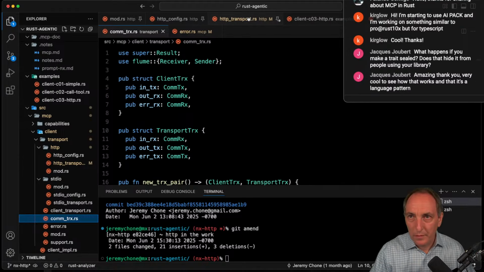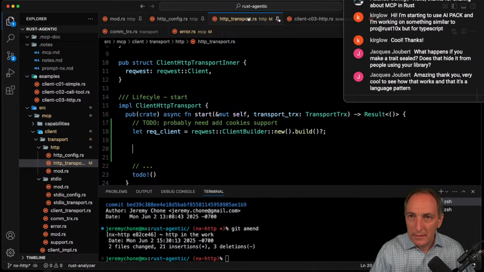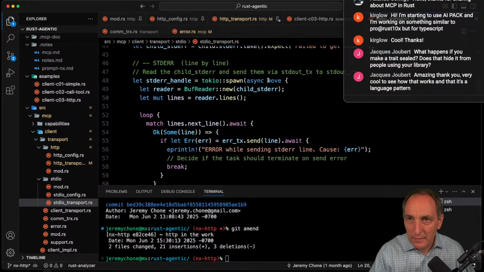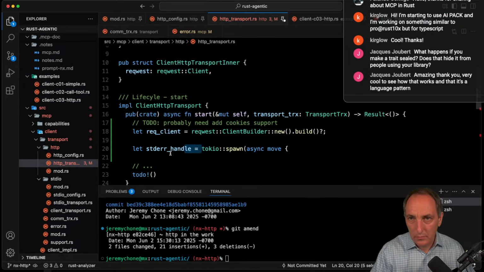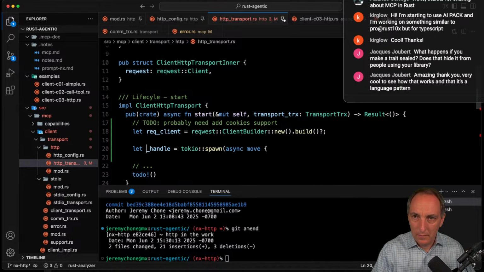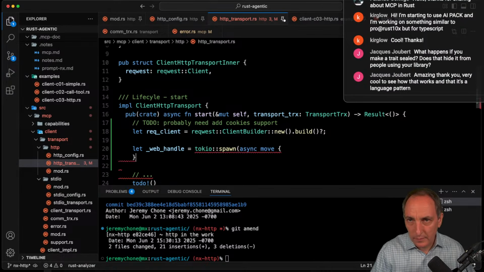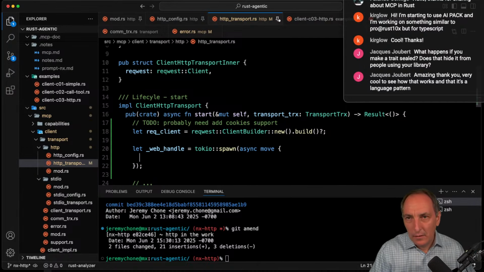HTTP protocol. So what we're going to do now is say, okay, we're going to have this, and I'm going to follow the same pattern as this guy. And so we're going to do this. I don't need to keep, right now we don't, I mean, we're going to do the web handle. We don't need it. I don't think so. We'll see. And then we are going to do our first